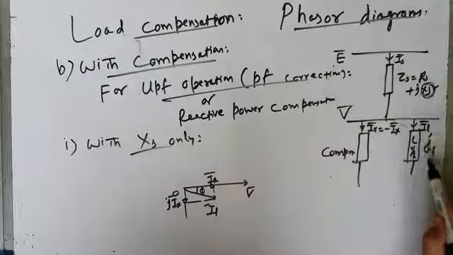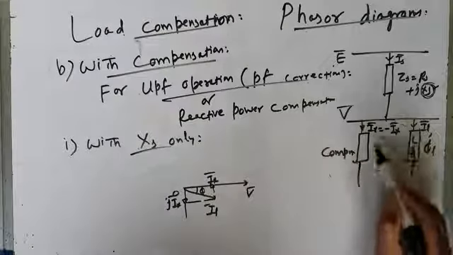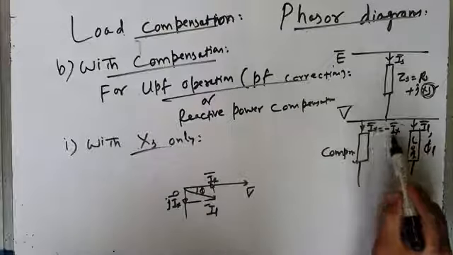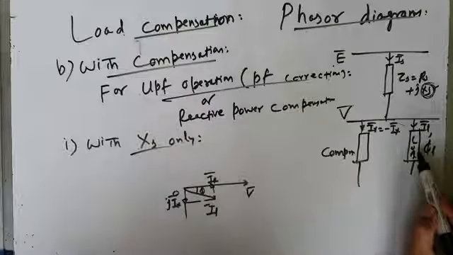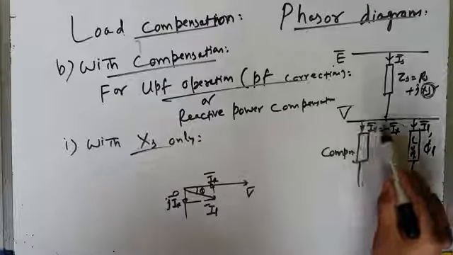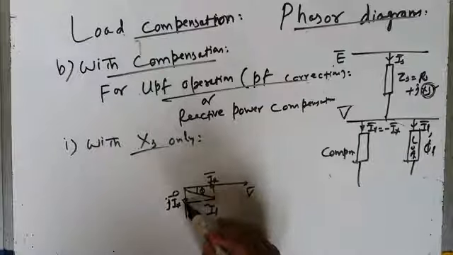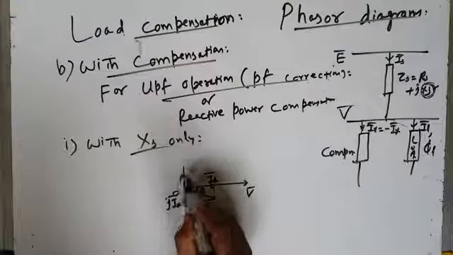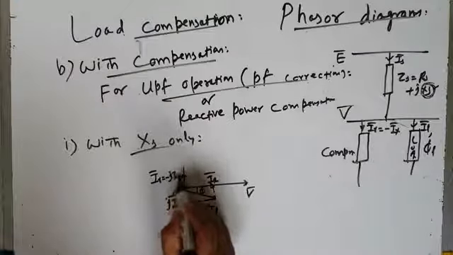Reactive power requirement of the load should be fulfilled or supplied by the compensator. So how will the compensator supply the reactive power demand of the load? If the compensator current is minus Ix, where Ix represents the reactive component of current which represents the reactive power, then whatever is the reactive power demand of the load should be supplied by the compensator. So if the load's reactive current is Ix, it should be supplied by the compensator. So I gamma, that is the compensator current, should be equal and opposite to Ix.